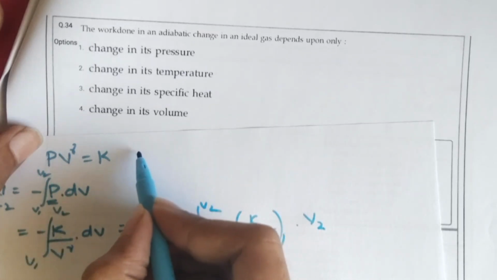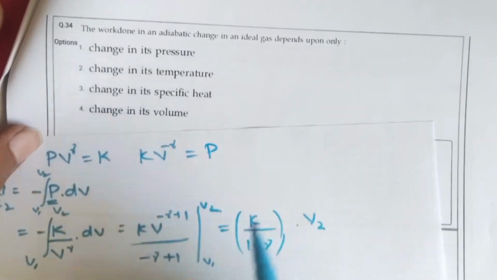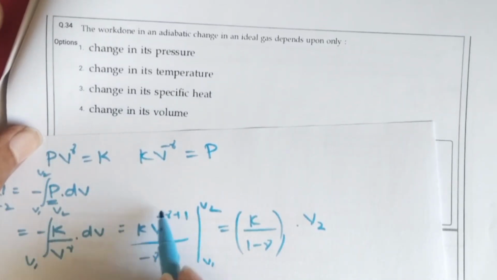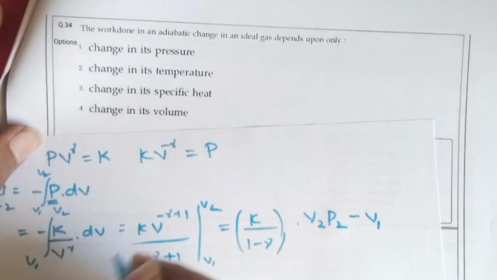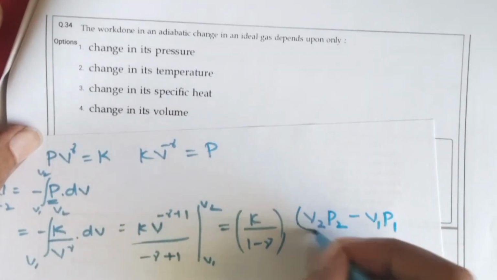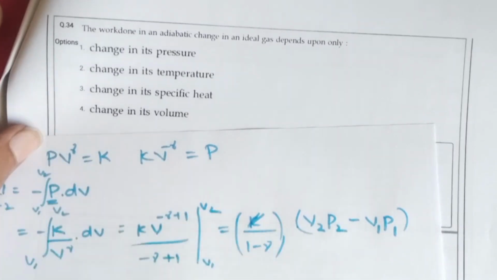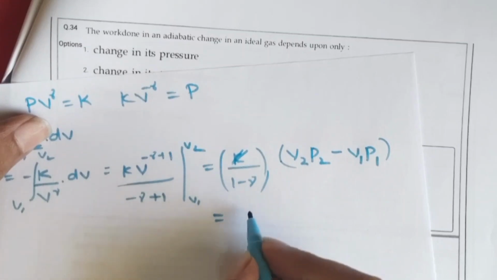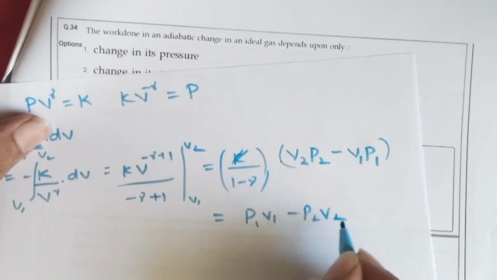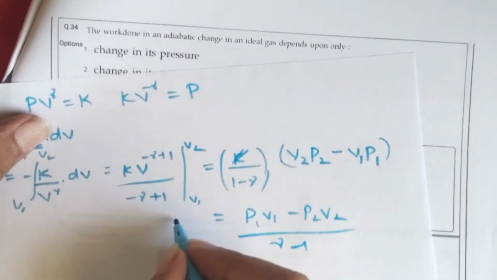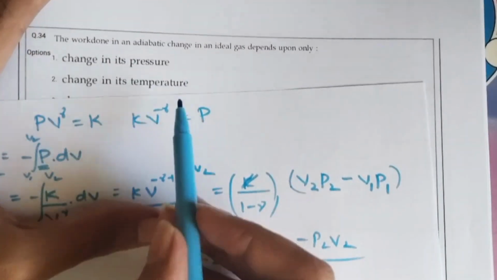We knew K into V power minus gamma is P, right? So instead of writing K into V power minus gamma, I am writing P2 and P1 here. So K will not be there, because K into V power minus gamma is P. So here you can observe that P1 V1 minus P2 V2 by gamma minus 1 is work done for an adiabatic change in an ideal gas,